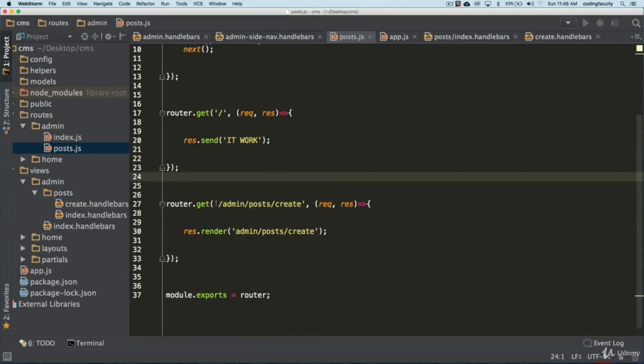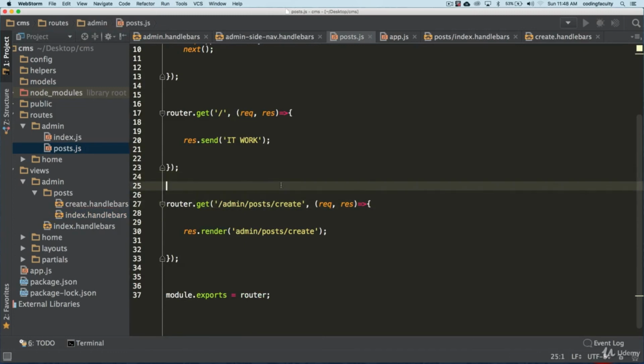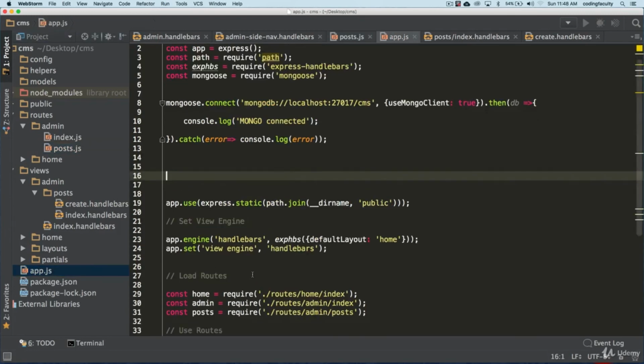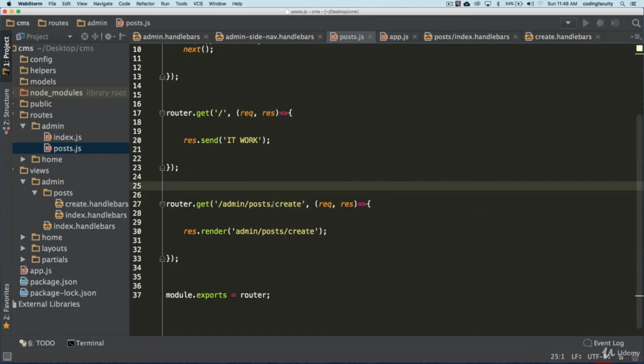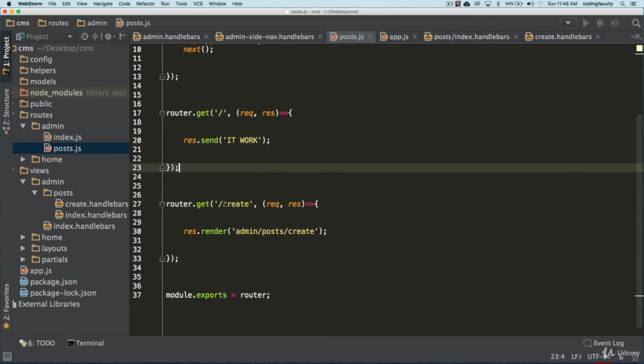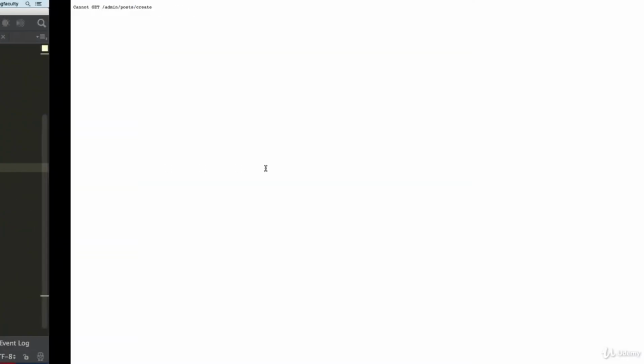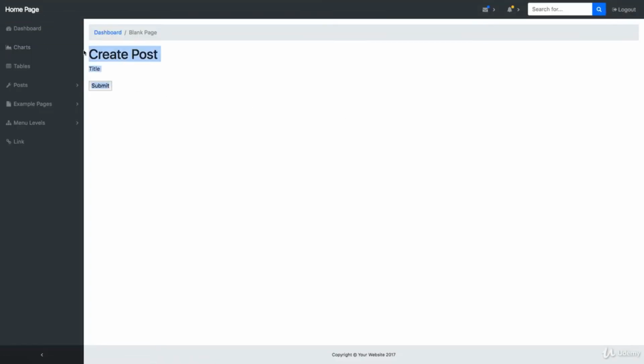You don't need to write the whole path here because we are doing it right here, remember? So automatically, that should be done for us. All we need to do is do this guy here, /create. Now let's go and refresh. And now that should be there.